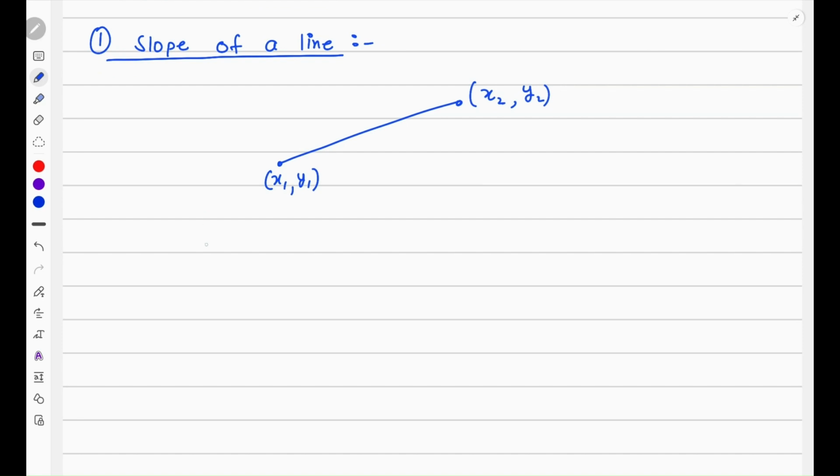So the slope of a line is defined as the difference of the y coordinates over the difference of the x coordinates. So basically the slope is this angle from the x-axis. If this is the y-axis, this is the x-axis, so the angle from the x-axis is the slope. So if we take an example,